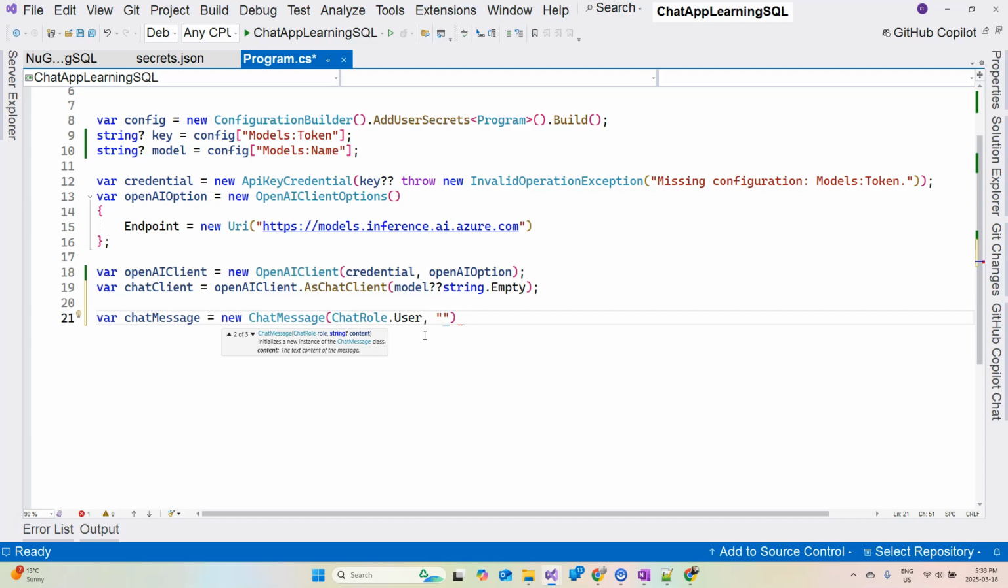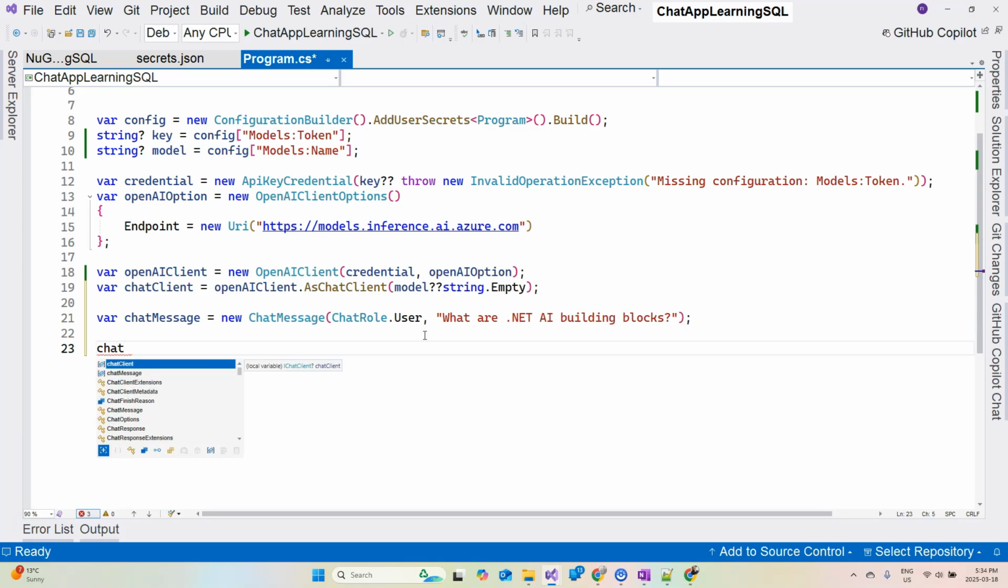And I can ask a question like, what is .NET AI? Or maybe more specific, what is .NET AI building blocks? Or maybe we should say, what are .NET AI building blocks? Now we need to send this message through the client to the AI service. So I'm going to say